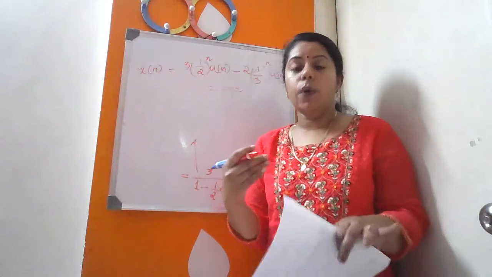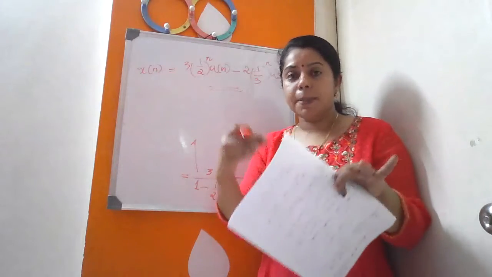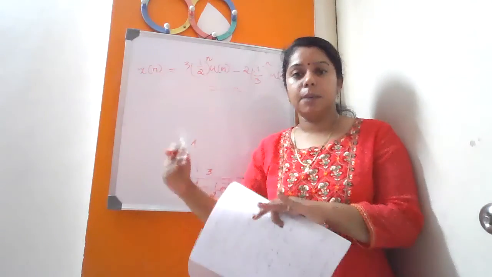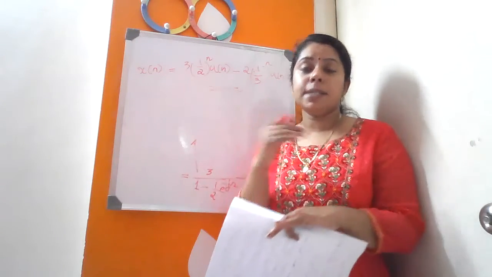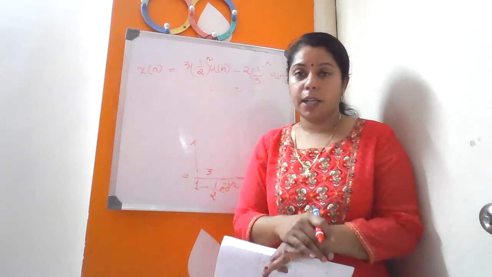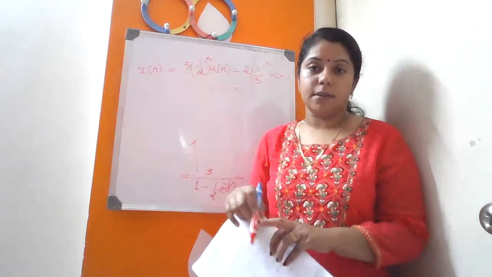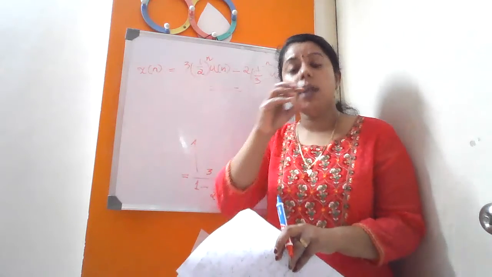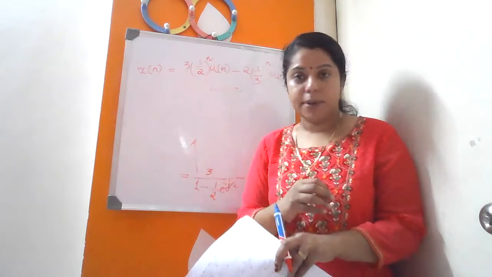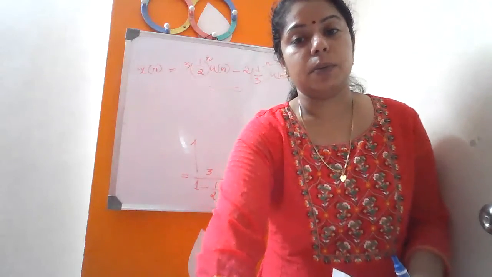So whatever you are getting, first factorize it using partial fractions, represent it as a by something plus b by something, then represent it in the form of 1 by 1 minus alpha e power minus j omega. So that you can directly write the answer if your denominator is a quadratic equation. Okay, so let us move to the third problem now.